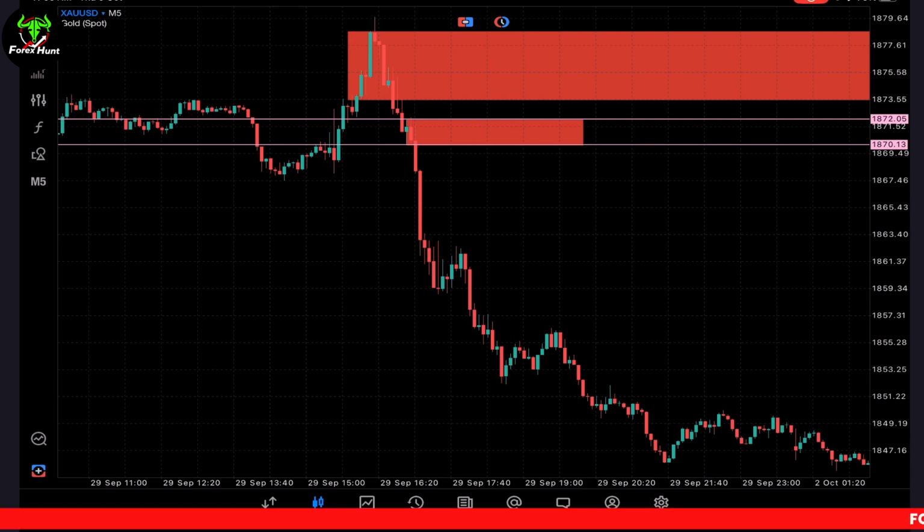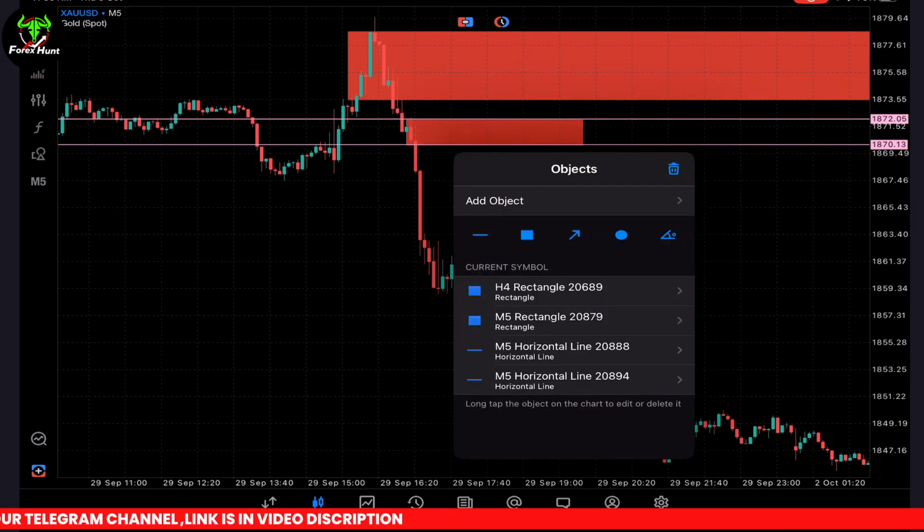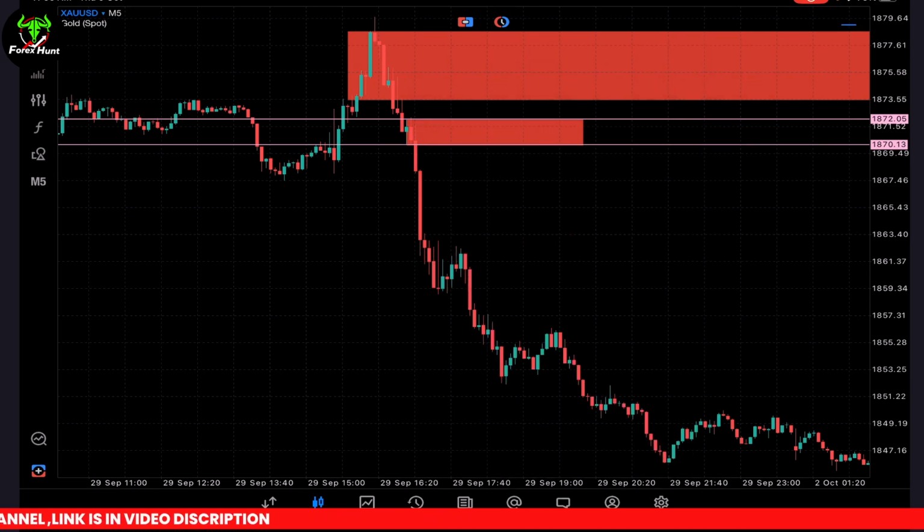Okay, and you can also keep a 20 pip stop loss from 1872. Okay, clear? If market comes before US session, you can place an entry here of sell with a 20 pips stop loss from the top of the corner, 1872 plus 20 pips. Clear guys? And in case market comes here in US session, because you can see